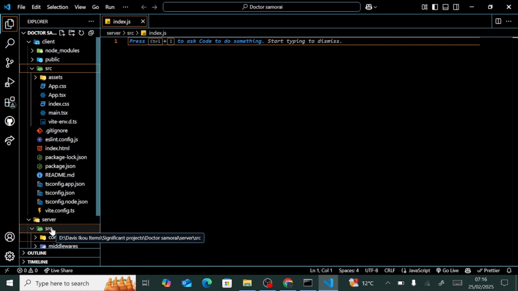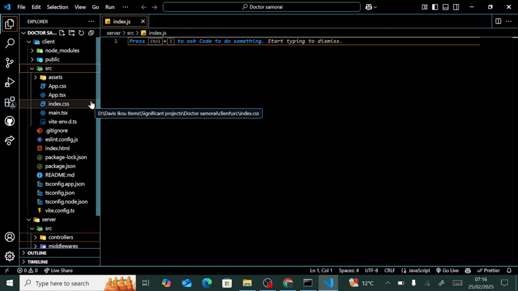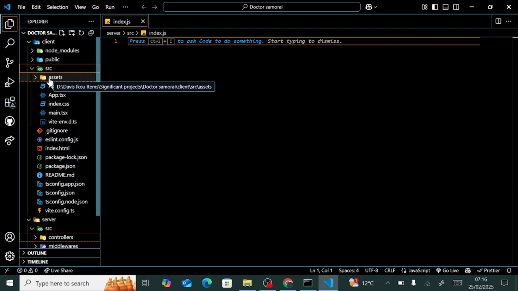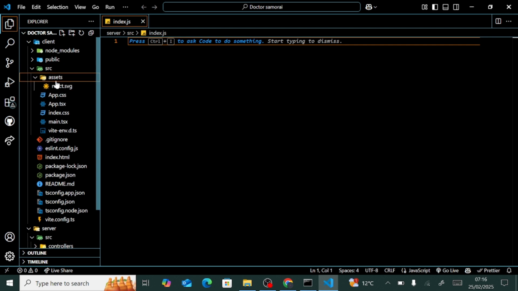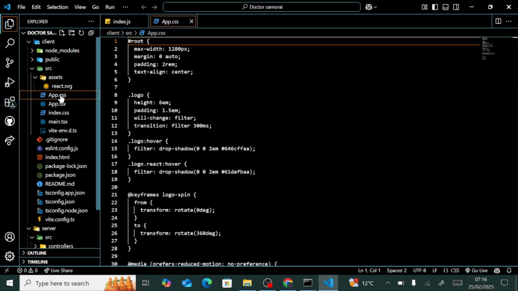You can see our good guys in React has initialized our SRC for us. Here we can see, okay, in the assets folder is where we have the images. This is where we will put images for our project all through. Then in the app.css, this one acts